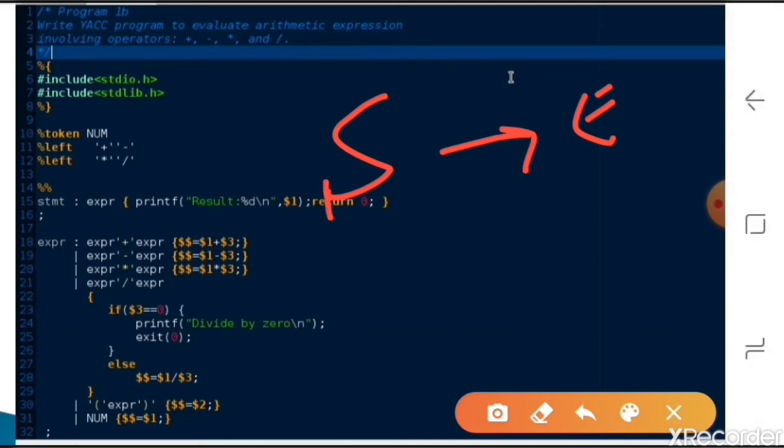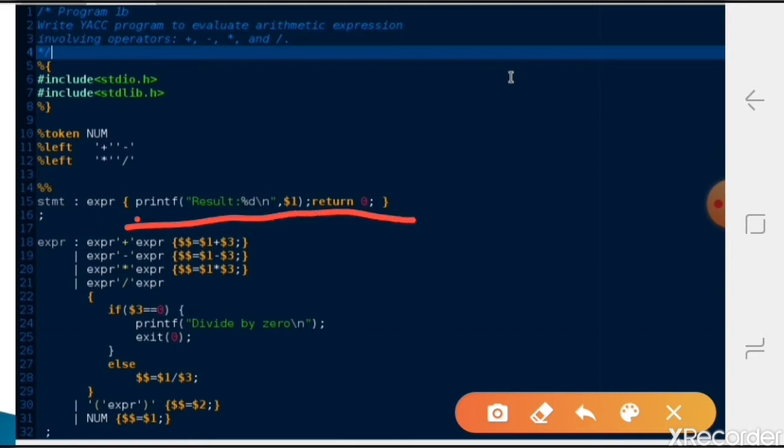Here S stands for the start symbol of the grammar. Instead of S and E we are using stmt and expression: stmt, the start of the grammar, colon expression. Then whatever we write after that is the action part. What that is, we'll study.